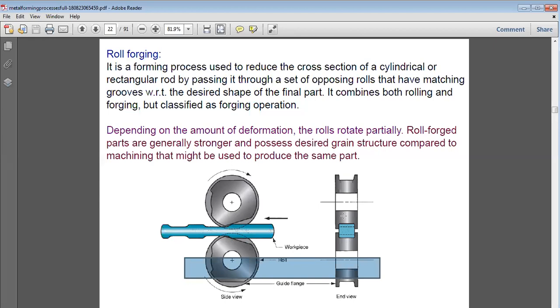Although both these processes are metal removing processes, like in turning we are also removing metal, in the other case we are also taking off metal. But the difference lies in which process is to be selected to get the maximum pros and minimum cons depending upon the material. Like if we talk about cast iron, maybe machining is the best option. But if we go for lighter alloys, which cannot be turned or machined easily, that can be a perfect use for forging.